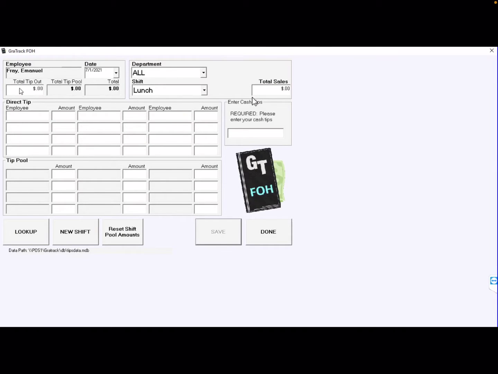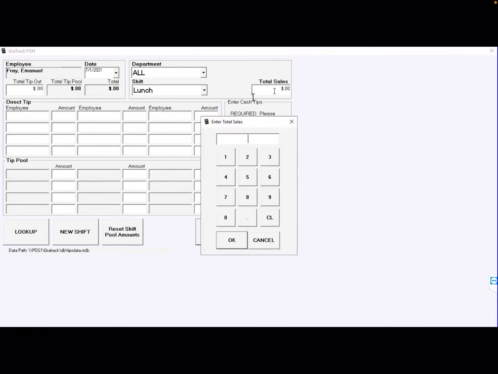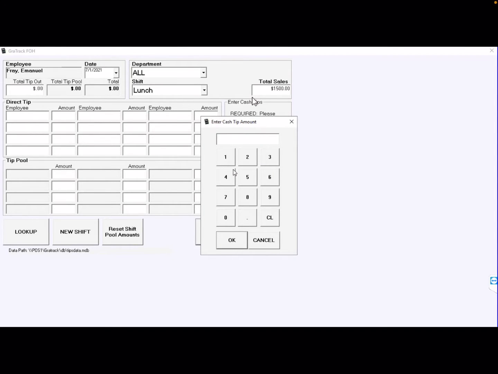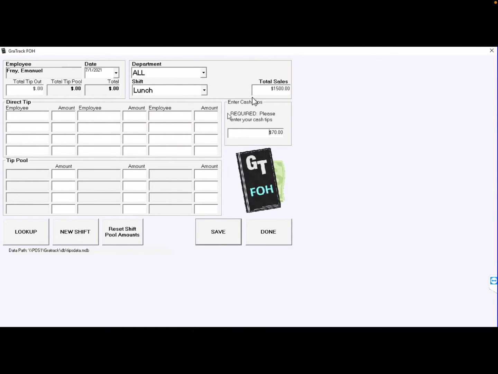So at this point, you're gonna see your name, and you're gonna see what day part you're inputting the tip. So on the right hand side, this is where you actually are supposed to put in any sales that you have for the day. So if you had like 1,500 of sales, you would put it here, and then this is where you would declare your tip, cash tip actually. So any cash that you accumulated, maybe like $70,